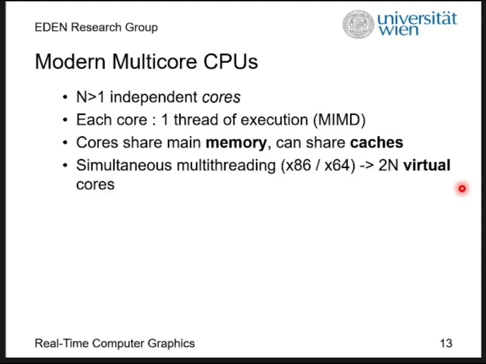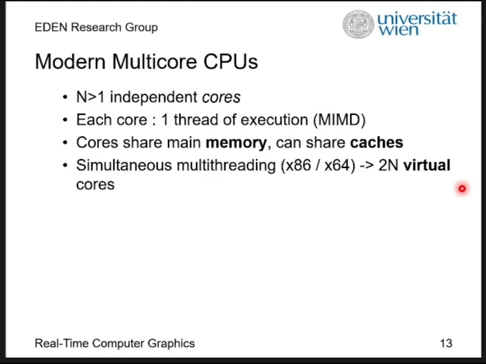We have many cores now, and each core, or more specifically, each thread of execution, can be run independently of each other. It's called MIMD, multiple instruction, multiple data. Every thread of execution is something that is running independently of every other thread of execution and can do work. And this is what we want to do. We want to do work